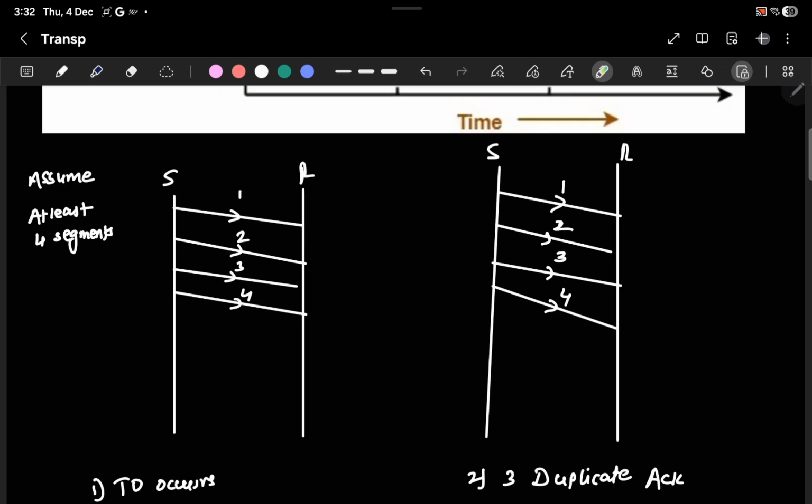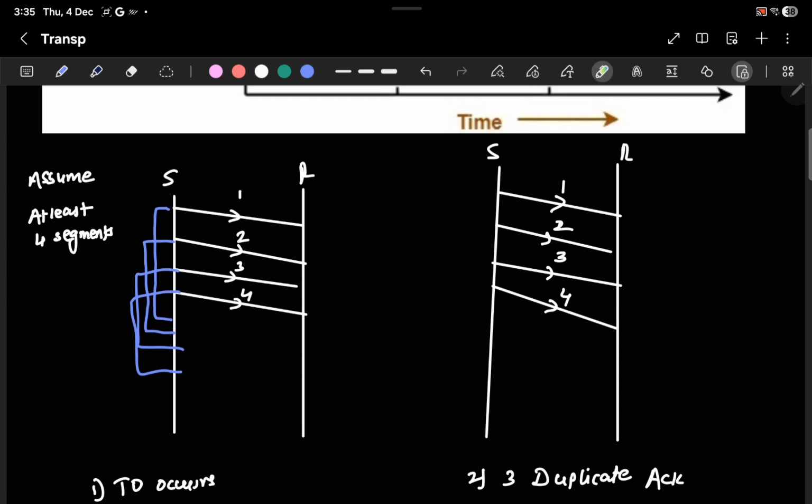Fine. So what do I mean by a timeout occurring? In the congestion detection phase, a timeout occurs means, for example, for this particular packet there would be some timeout. I will draw it like this. There is some timeout. For this also there would be some timeout. So whenever a timeout occurs,